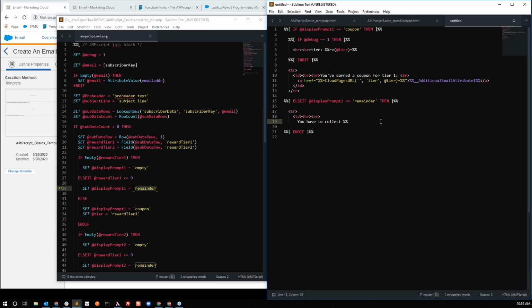And we're going to say equals subtract. And the subtract function just literally analyzes the difference between two values. We know that the threshold is 10, so I'm going to put that in as the first value, and the value we're trying to subtract is the tier, or the number of points that they had in their tier value that came over